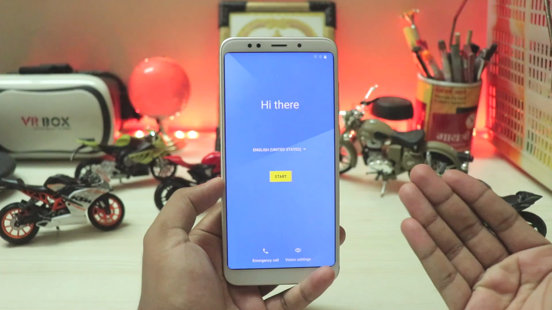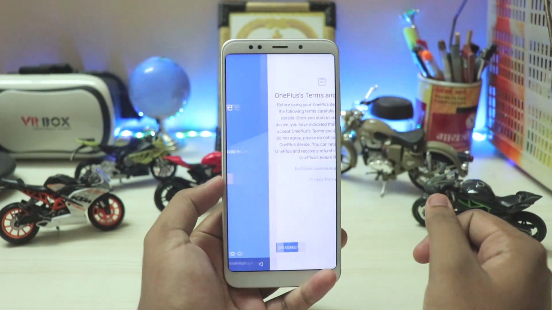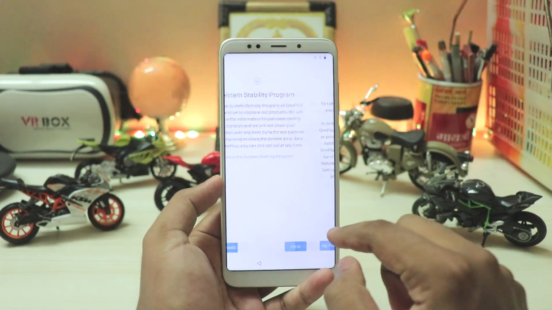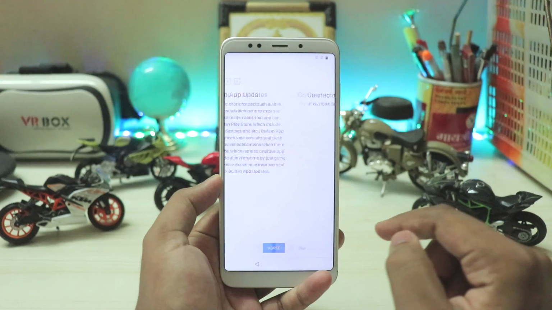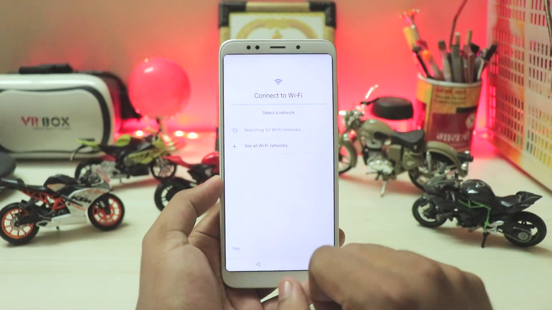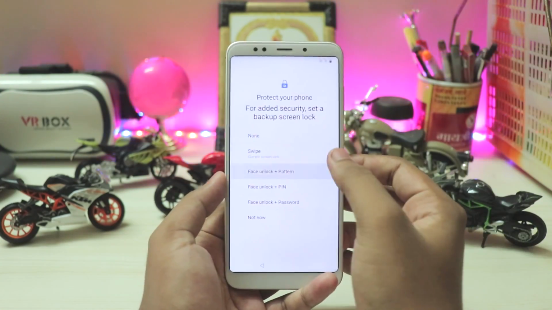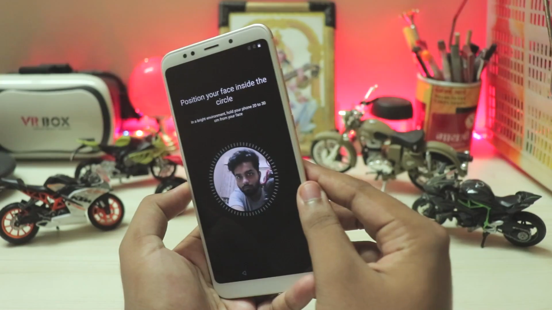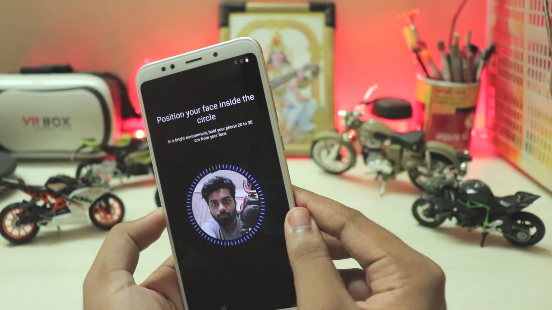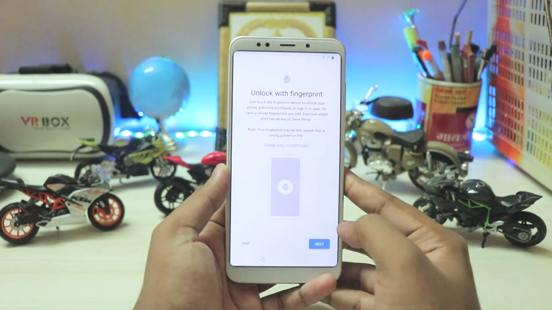Because the people who are decrypting the phone for the first time might face a few issues, so you have to just hit start right over here and just set up the phone normally. Now again, I can't adjust the brightness itself right over here, but I guess it's okay now automatically. So skip, continue, skip. Or let's just add the face data so I can give you guys a demo. Now I recommend doing this on a very flat background because mine right now is quite messed up, as I have a curtain behind me and a camera beside me.